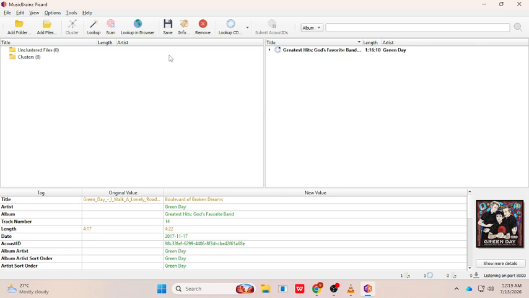Keeping your music files updated with accurate metadata makes your collection easier to search, organize, and enjoy across different